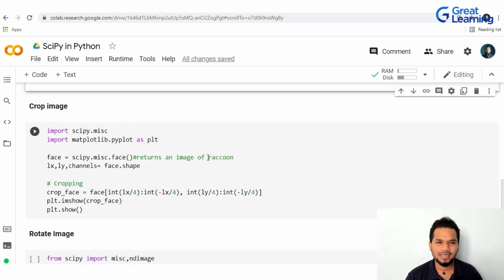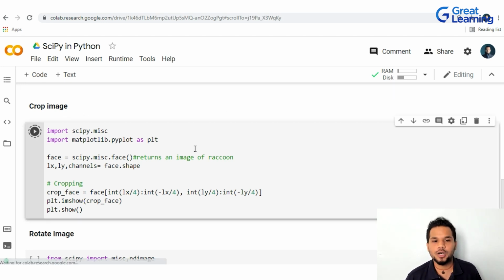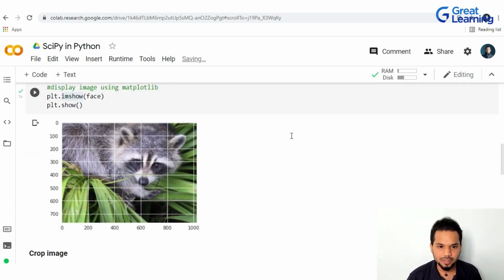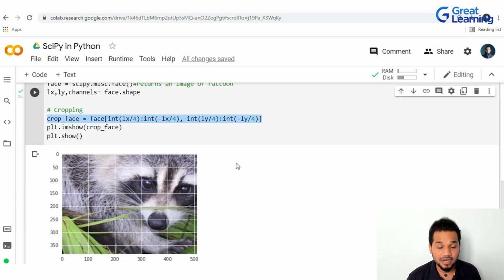What are the one or two tasks that I can show you about how you can do? The first thing that we can go about doing is cropping the image. Cropping, this is the heart of the logic, right? One line of code, you can crop the image. Look at this. Now you have an entire raccoon out here with a lot of grass on the top right, a lot of, I think, palm trees on the bottom left or whatever it is. And now you can crop it.